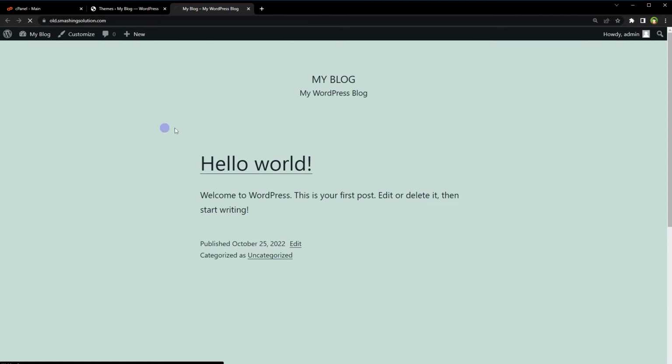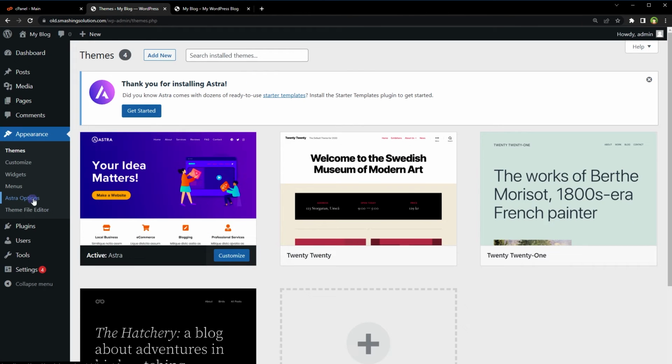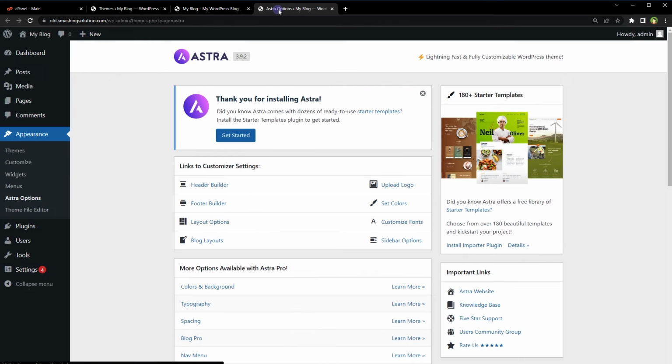Go to Site, reload the site, and the site has changed. Its look and feel has changed. Astra options, install importer plugin,